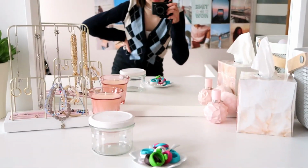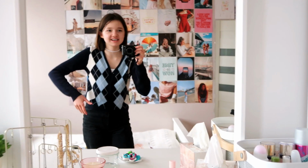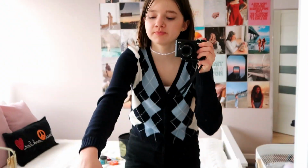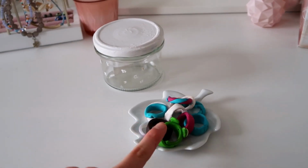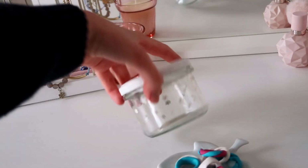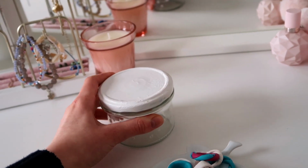So here's how this area is looking so far. I love this mirror. I keep saying that, but it's so cool. I need to clean this because it's kind of dirty. You probably can't see. Anyway, I'm thinking of putting all my clay rings, which, by the way, if you want to see how I made them, I vlogged the whole process. And I have this jar that my sister actually made. I mean, she didn't make the jar, but